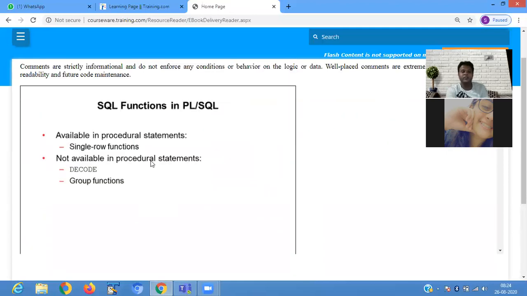Then SQL functions in PLSQL. What are the SQL functions we are using? Available in procedural statements, we are using single row functions. Not available in procedural statements are decode and group functions.